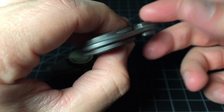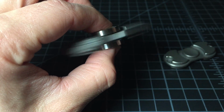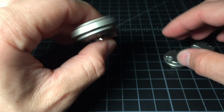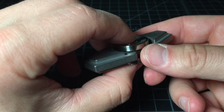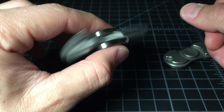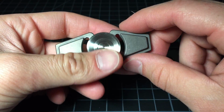Zerofeud is definitely quieter. These Torqbars get some miles on them and they get kind of loud, so maybe the Zerofeud will get louder. I kind of don't get the impression it's going to, at least not as loud as the Torqbar. Anyway, back to these buttons. They're large, they're very comfortable. This isn't a huge spinner, but this is something you could hold for a very long time and really enjoy